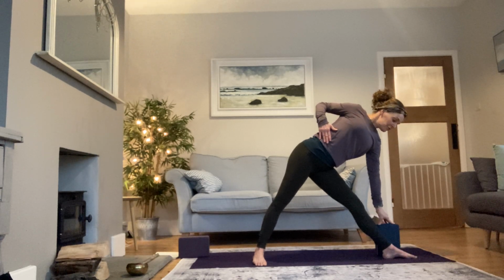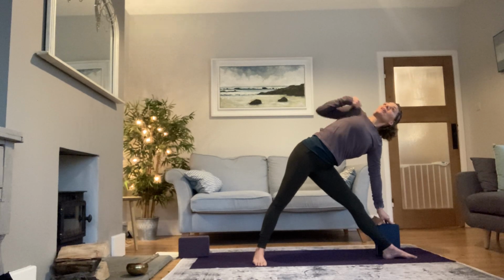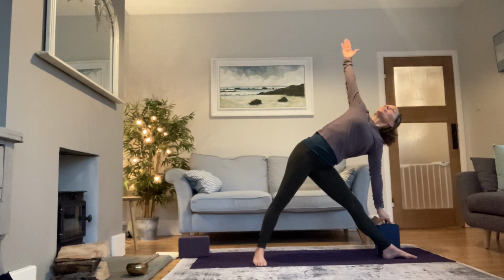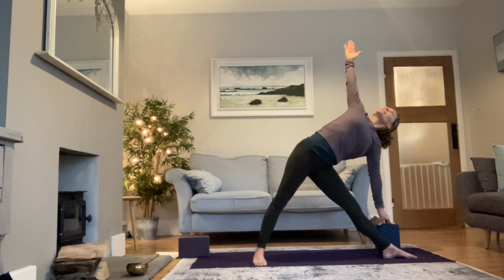And then when you can't go forwards anymore, just bring the bottom hand down, turn and open that top shoulder so it's in line with your bottom. And the right arm goes up. If you like, you can look up. Lengthen the tailbone down a little bit so you've got that engagement in the right buttock. Press down equally into both feet. Front big toe back,